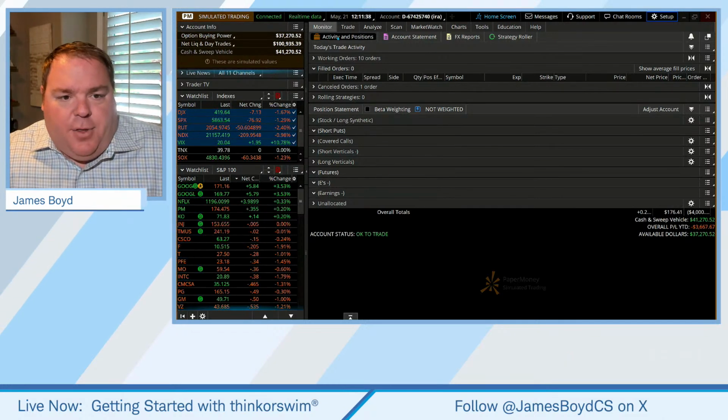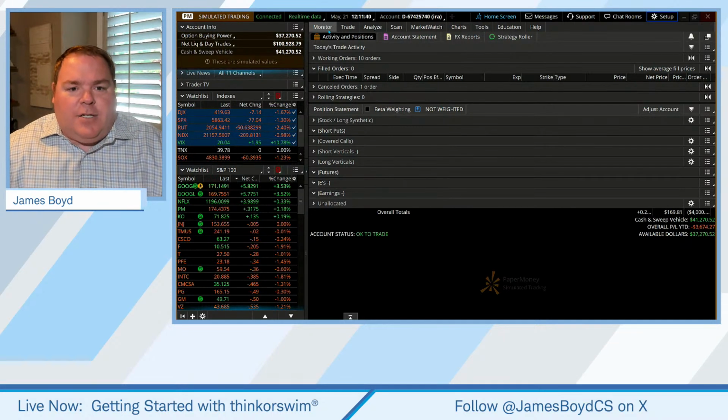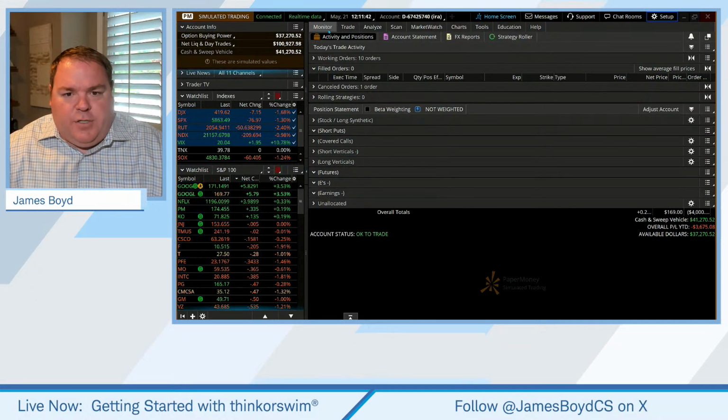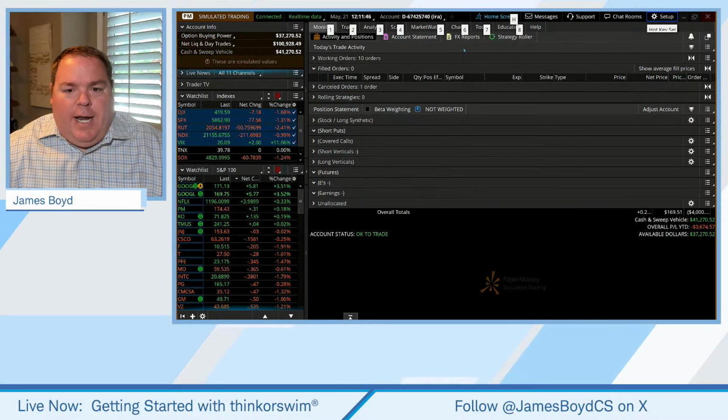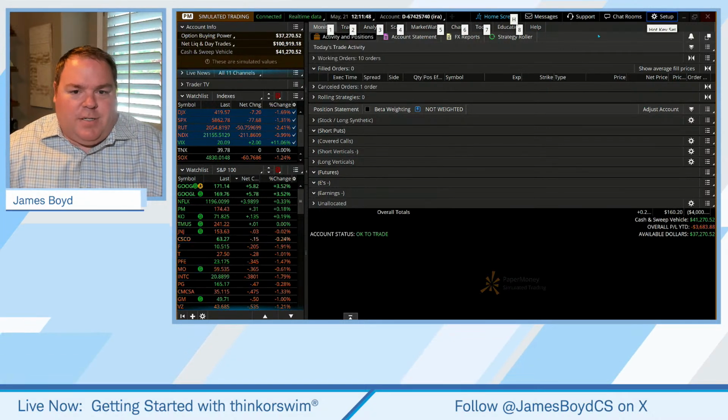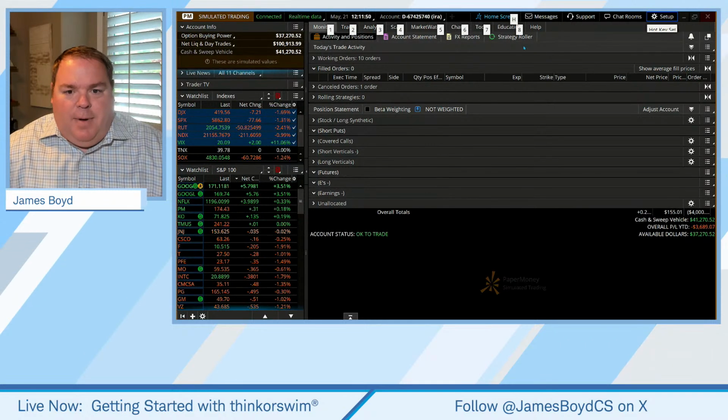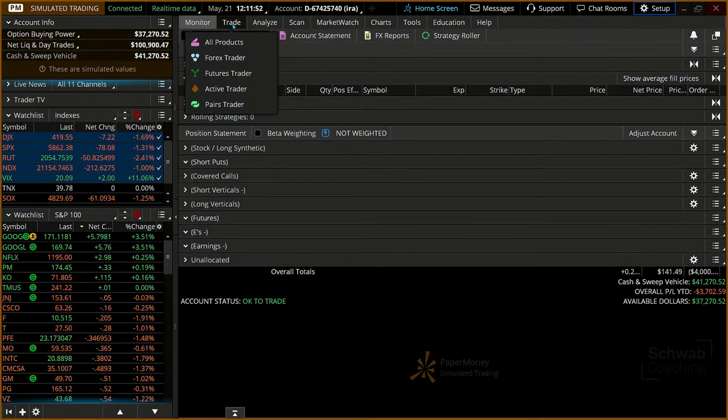Now, the biggest thing is the monitor tab is going to monitor our orders and our positions. Thank heavens. Number 2, trade tab. This is where we're going to go in and actually put the stock trade. We're going to talk about stock trades, maybe an option trade. But if we want to do a stock trade, we're going to go to the trade tab, which shouldn't be a surprise. It's called trade tab, right?